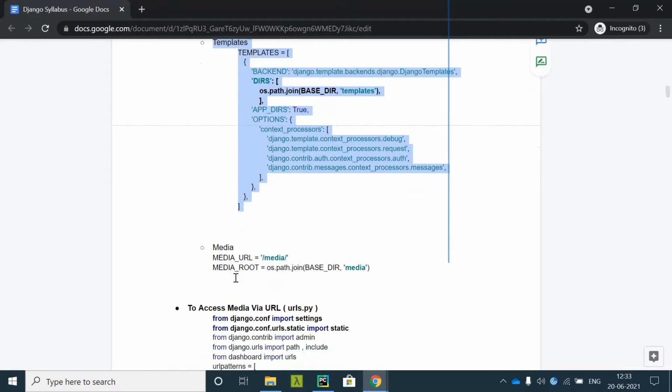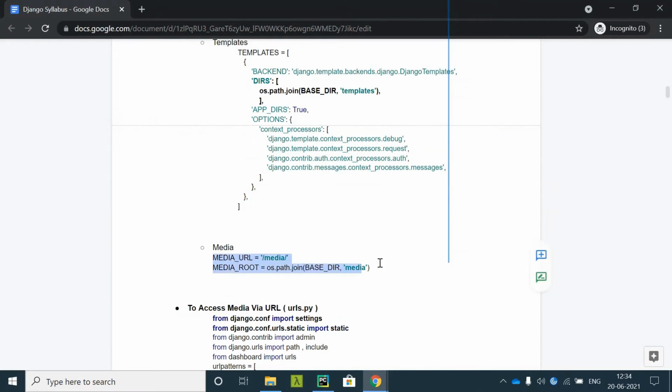Now, what is the media folder? Media folder is something which we'll use to store the photos that we upload on the server. Sometimes you might have a user photo to be uploaded on the server. So what you do is use the media folder. You choose that folder and store the files over there, and you store only the name and the URL part in the database. To do that, we need to set this configuration in the settings.py file.